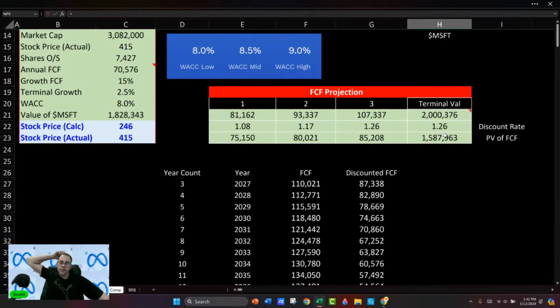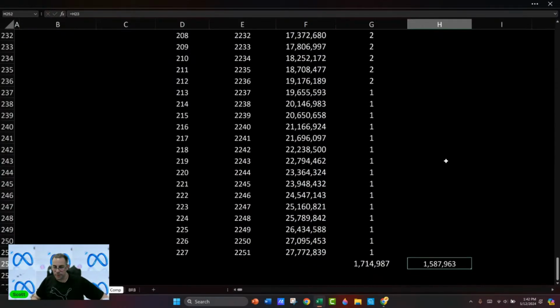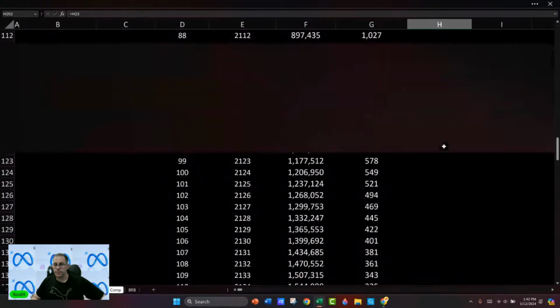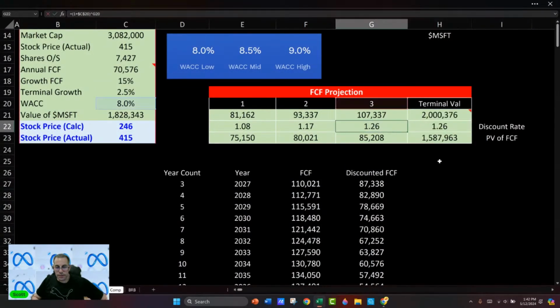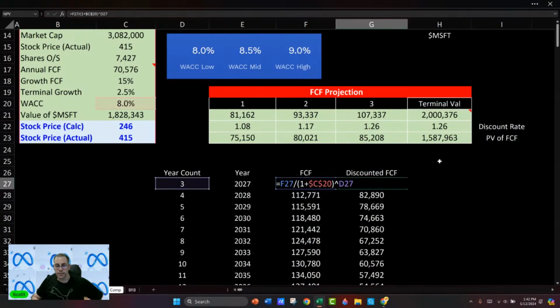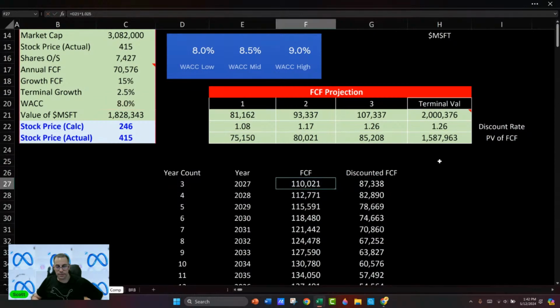So how come it's not 2 trillion? I thought it'd be 2 trillion. No, well, it should be. Did I do something wrong? Was it because of the first one? Okay, so